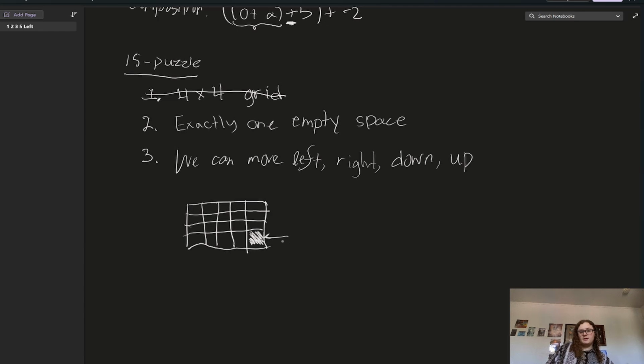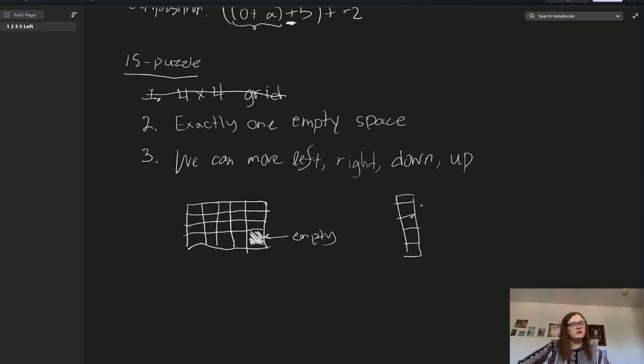Right, that's the empty. And then our goal would be to go from 1 to 19 instead of 1 to 15. Or we could have a grid that looks like this. Now,